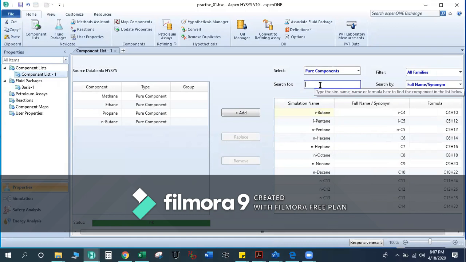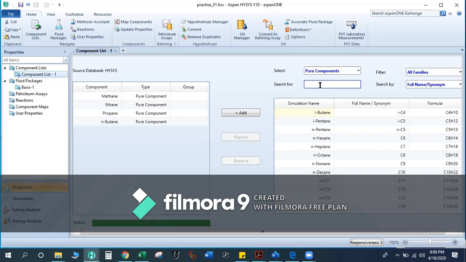If you had the actual component, you just select that component by using its formula or its full name, and introduce it into your simulation from the master component list, right? But what will happen if you don't know the real name or the formula of that component, and how will you introduce that component into your simulation?